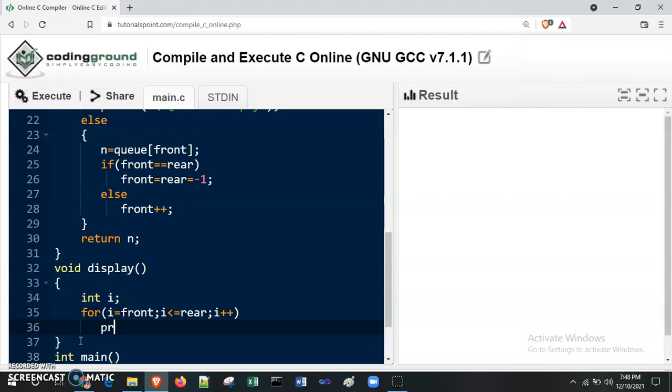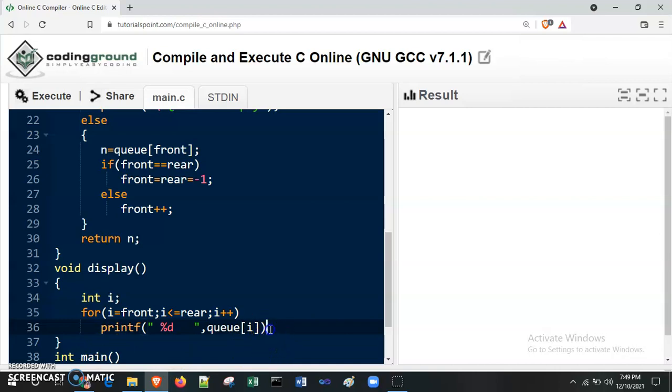We display by using printf. I am not using \n here, but \t you can use, or some space, %d, and some spaces I am using here. And at this %d position, I need to display Q of ith element.